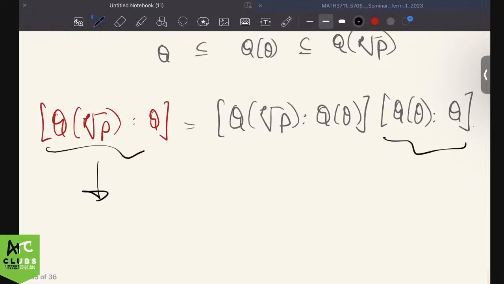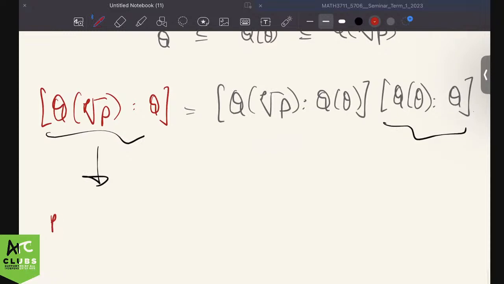Let's think about this number. So p-th root of p, what do we think is the minimal polynomial of that over Q? Well, there's a simple polynomial that it does satisfy, so x to the power of p minus p. But the question is, is that irreducible? Well, yes, it is by Eisenstein's criterion, remember? So Eisenstein's criterion says